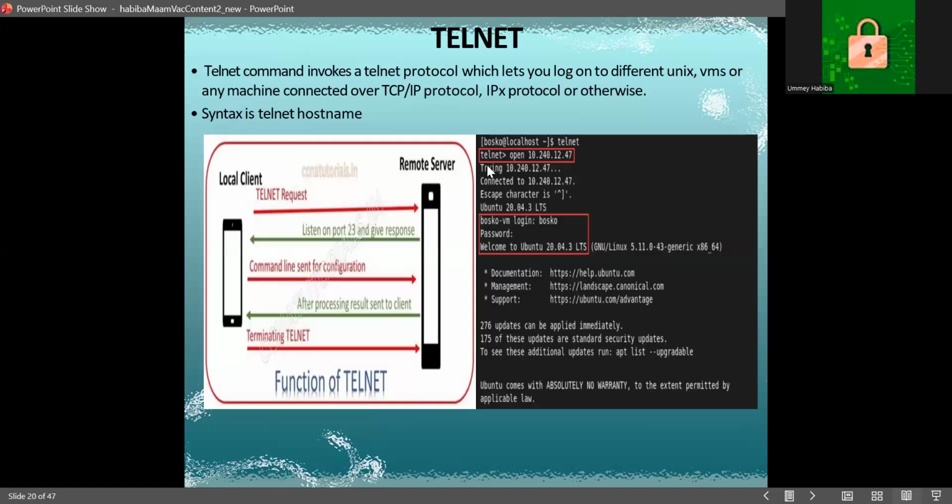The basic syntax of this command is telnet, followed by the host IP address. When the command is executed, the system attempts to establish a connection with the specified host. If the connection is successful, the remote server usually prompts the user to enter a username and password